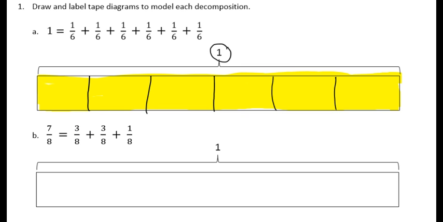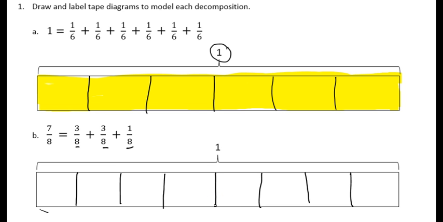In the next problem, it says 7/8 equals 3/8 plus 3/8 plus 1/8. I'm going to divide my whole into eighths, since we're working with eighths in the problem. So I'll divide it into 8 equal pieces. And then I'm going to use number brackets below the tape diagram to show the 3 portions that are added